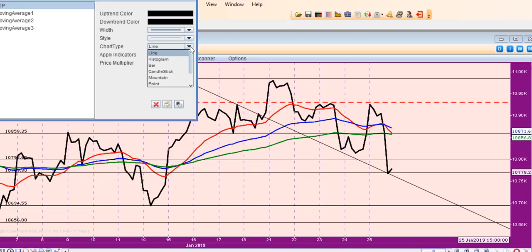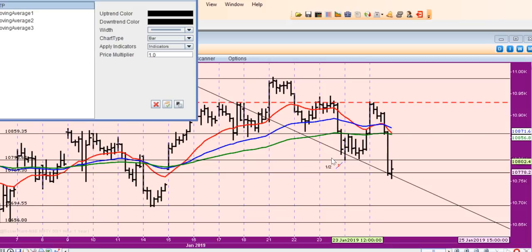However, if I change it into bar, then you can see that every time it has touched or penetrated, it tried to close above this line. So this line has been respected by Nifty, and that's what we have seen in the last hour itself. Now coming to the